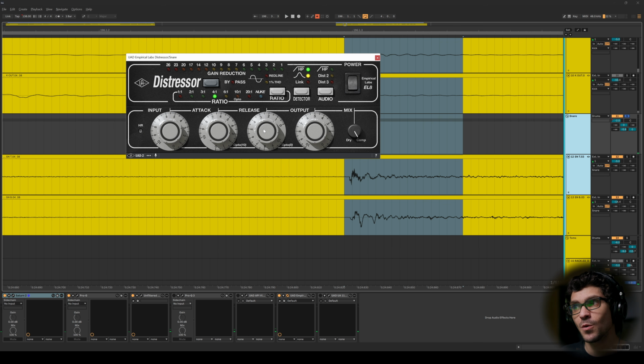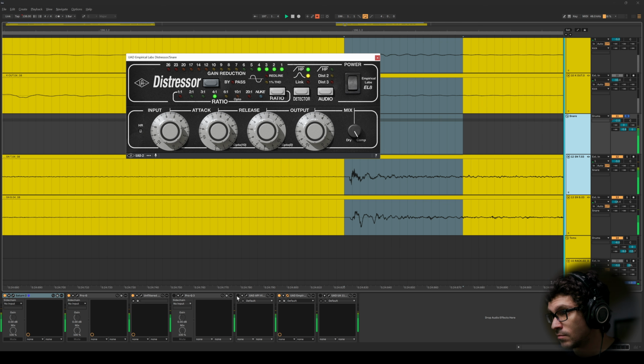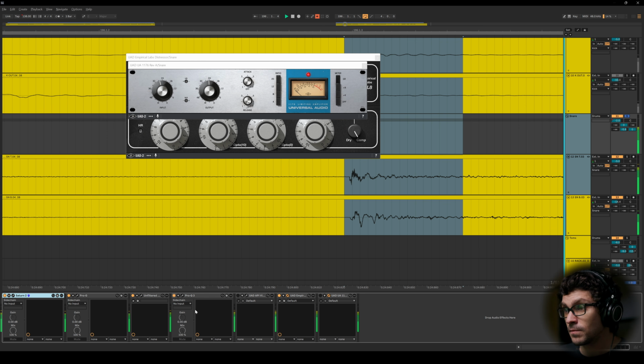Another rule of thumb is that you want basically the compression to last as long as the snare does. So if you're the type of person to look at it visually, you want the compression to end before the next snare happens. It's like an old school rule of thumb. But as you can hear, hopefully,